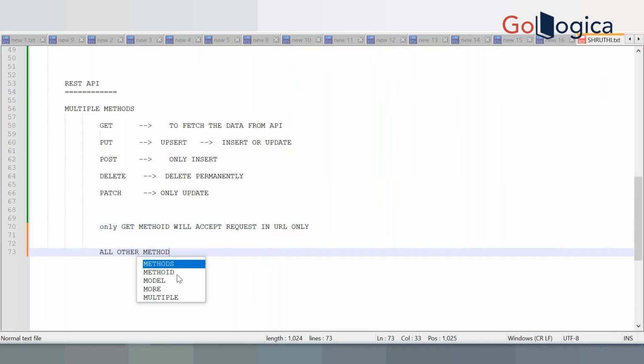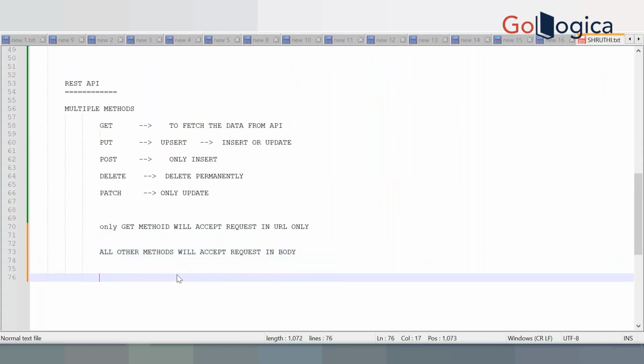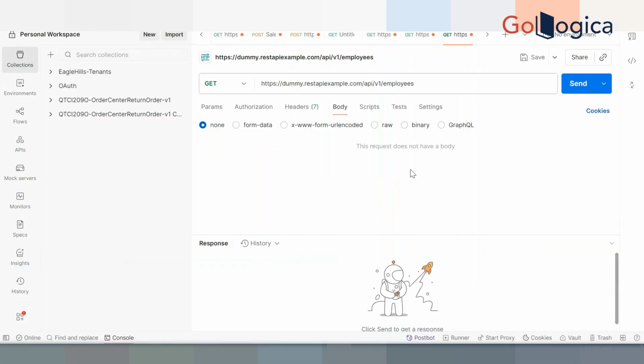All other methods will accept the request in the body. I'm not passing anything in the body. I'll just hit this. This API is also not secure.